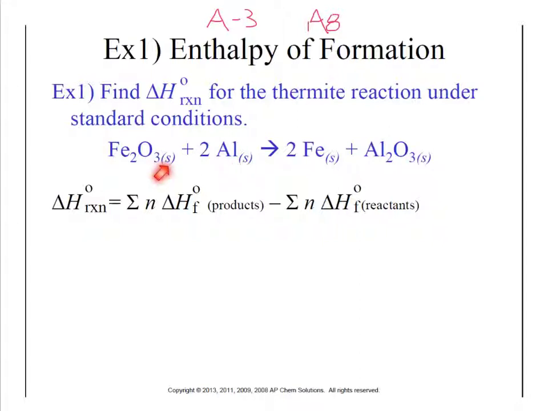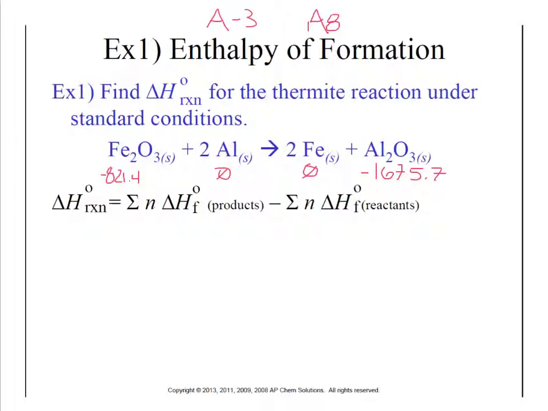Sometimes there's multiple states of matter, and they have different enthalpies of formation. So like something that's not normally a liquid at 25 degrees Celsius, you have to put more energy into it to make it a liquid, and so that's going to change its enthalpy of formation. And so if you look those up, and I hope you would when you need them, you're going to find out that iron oxide, Fe2O3, is going to be negative 821.4,